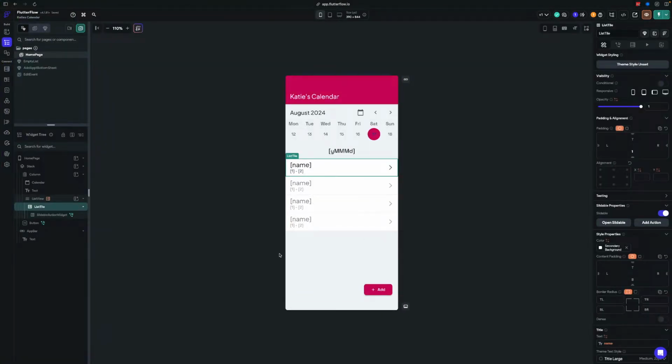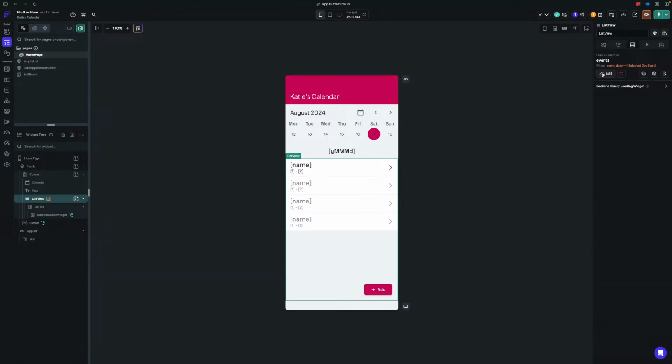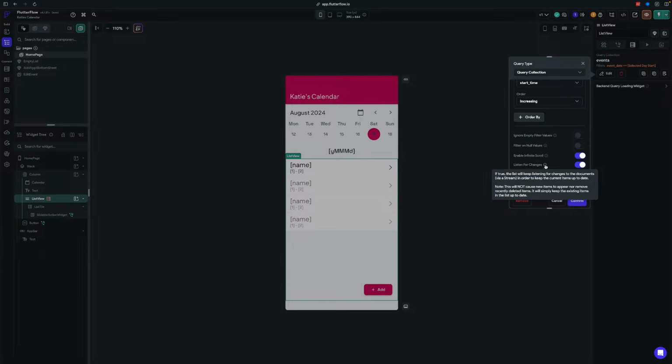Now, I'm wondering if infinite scroll is enabled, does that mean I don't have real-time updates? I feel like I should know that, but I don't. All right, so we're going to order this by start time, increasing, perfect. So enable listen for changes is on. This list will keep listening for changes in order to keep the current list. This will not cause new items to appear. Got it. Okay, so if we have infinite scroll enabled,